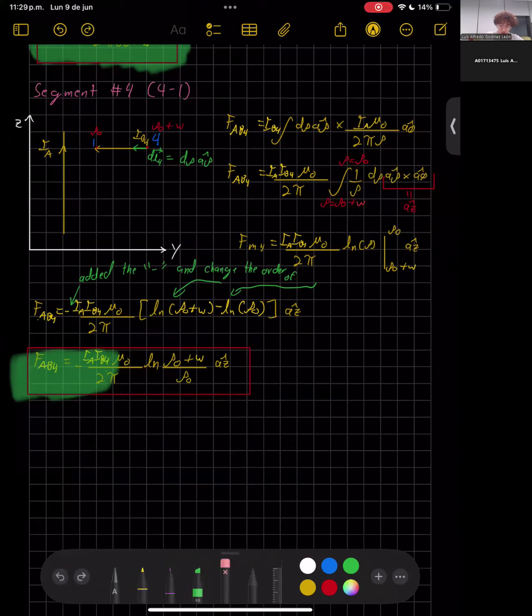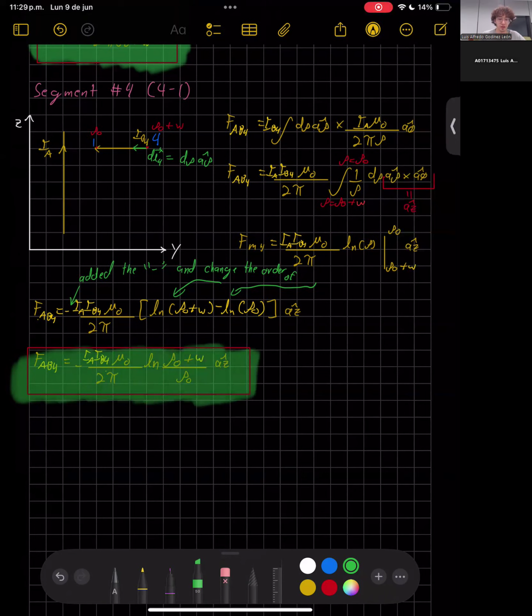So this change that we did doesn't have any effect on the signs of the equation. It's just a rearrangement of the same equation, so we can have it in a more compact or simpler way. And so that would be all the exercises that I had time to perform for my argumentative exam. Thank you so